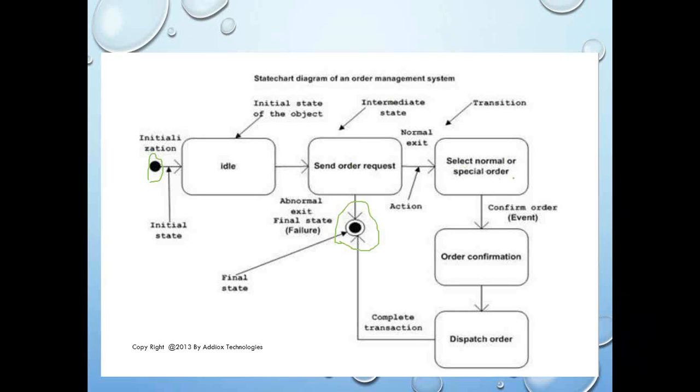select normal or special order. So if I ask you, where exactly is my order, what is the state of my order? You will say we are just trying to, I called you because I wanted to know whether you want the expedite shipment or the normal shipment. A normal shipment, we have as 2 days and 3 days round shipping, and for expedite we have overnight. Which one do you want? So that is your current state, where you are trying to select the normal order or the way you want that order.